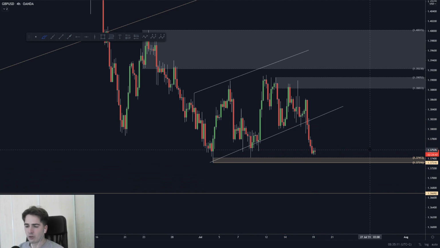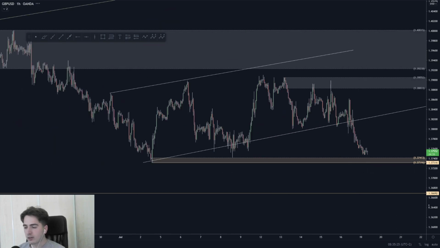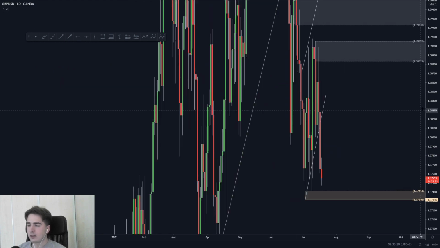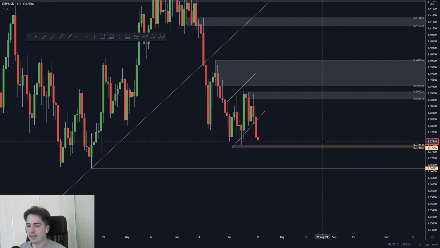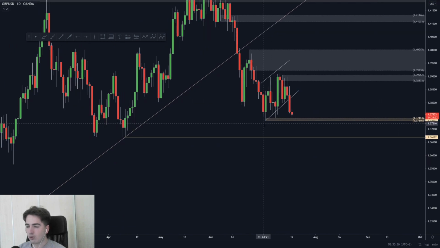But yeah, pound dollar is one of those pairs that it just needs to wait for some new supply and demand zones to be developed, and we need to wait for some more price action to develop. At the moment, looking at the 4 hour, looking at the 1 hour, the price is pretty messy. If we go back to the daily, what you can see on the daily is that the pair is looking bearish, but I want to see what happens once we fake out on this swing low of